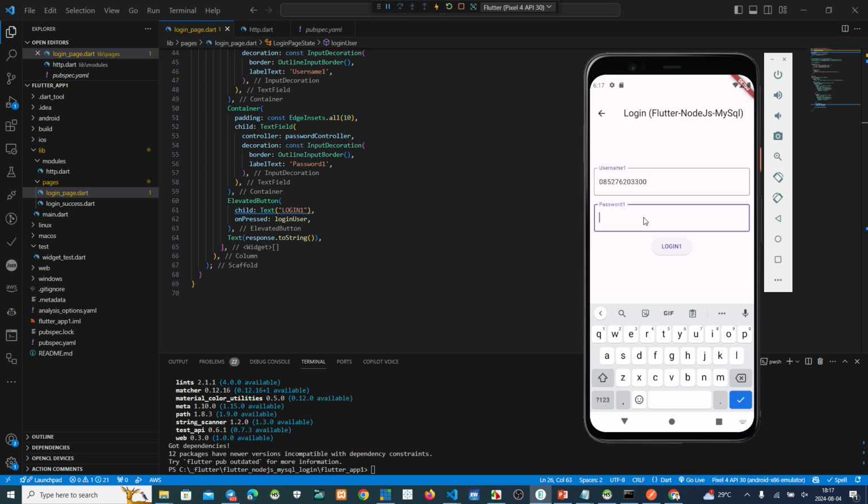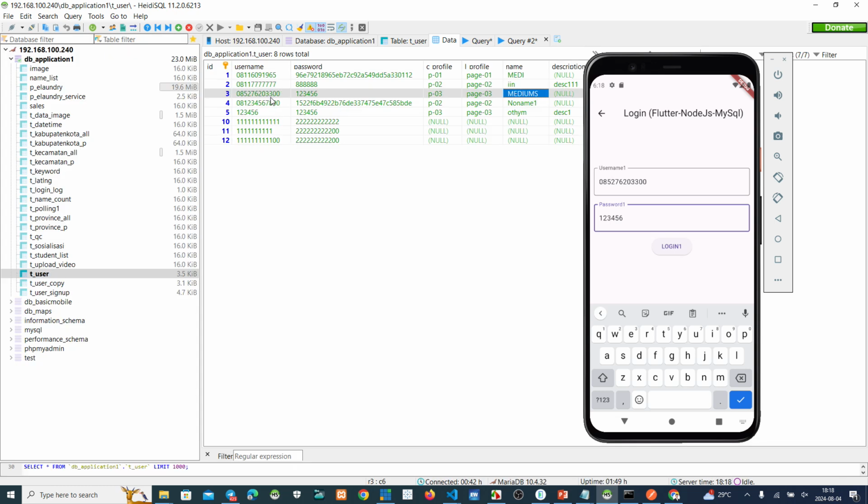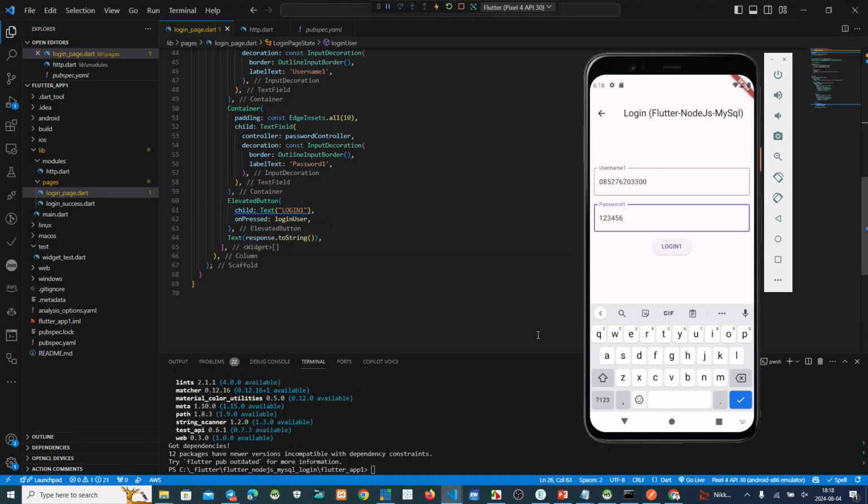Okay. This is my username, 085276203300. This is the username and the password is 123456. Okay, now we try to make a login. Click here. Up, success. Success here.